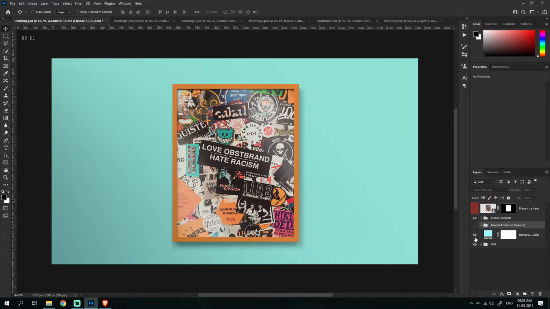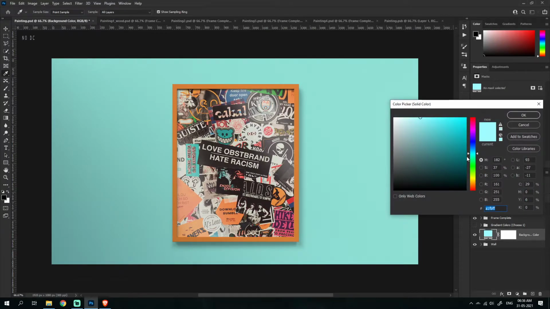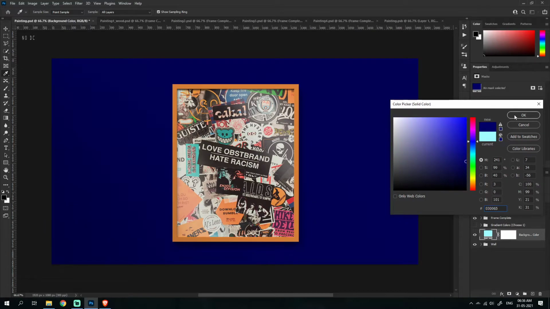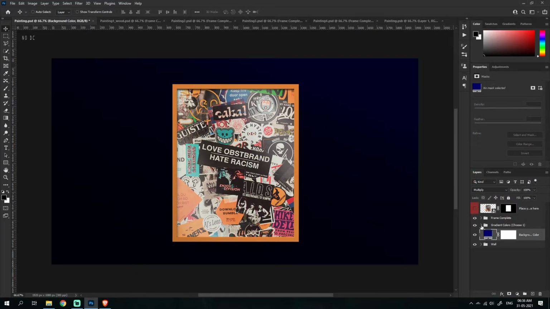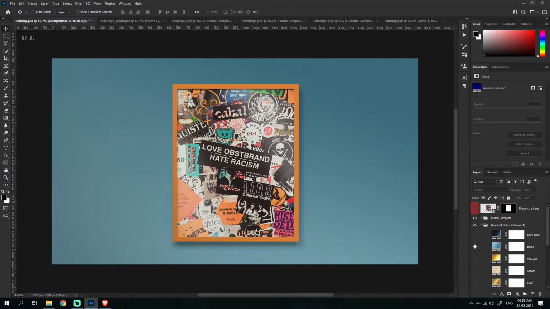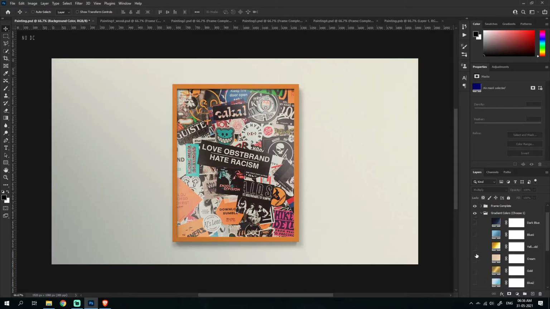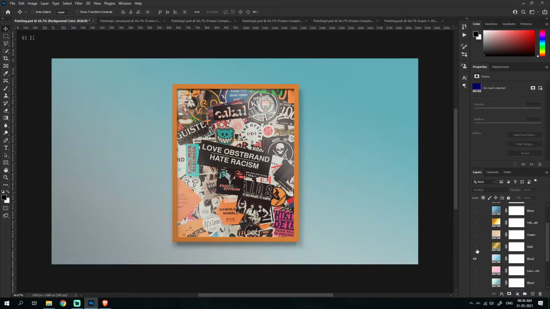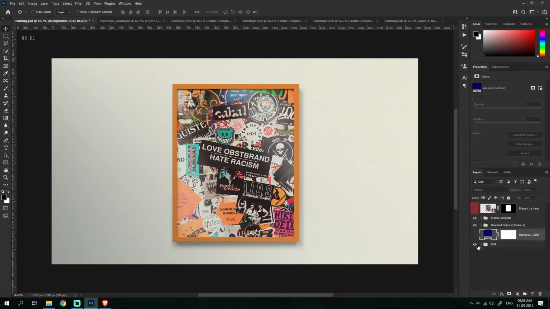There are gradient colors, so you can choose the background colors before showing gradient colors. I'll show the background colors first. Here you just double click and choose whichever color you want for your background. Next, if you enable gradient colors, just disable this. And here you can choose the gradients that I have set already, but it's up to you, whichever you like. You can also add your own gradient behind, so it's up to you.